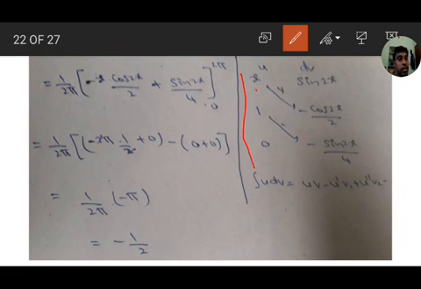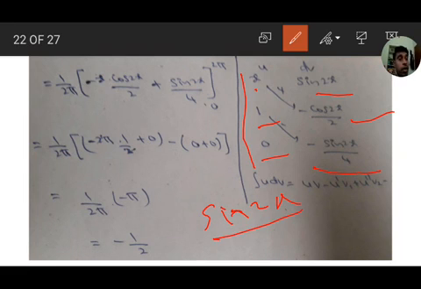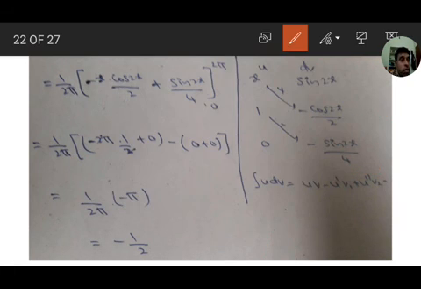So u derivatives: x, derivative 1, derivative 0. For sin 2x, dv integration is minus cos 2x by 2, and minus cos 2x by 2 integration is minus sin 2x by 4. Already 2 is there, so another 4. Cos 2x integration is sin 2x by 2, already 2 is there, so 2 into 2 is 4, minus is there. So the formula: integral of u dv equal to uv minus u dash v1 plus u double dash v2. If we substitute, we get 1 by 2 pi, minus x into cos 2x by 2 plus sin 2x by 4, from 0 to 2 pi.